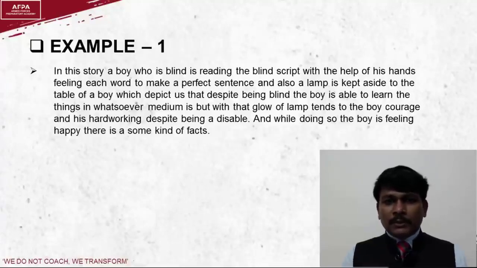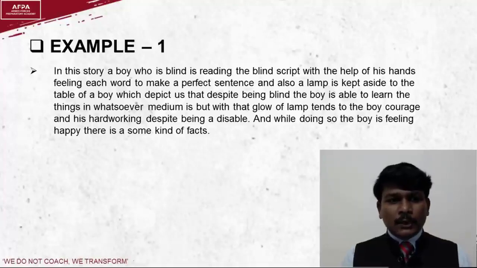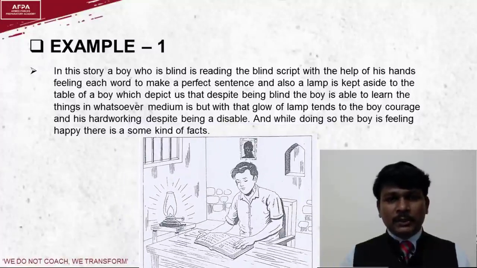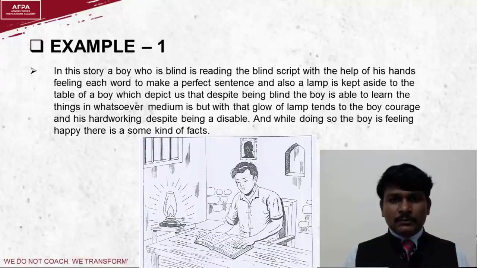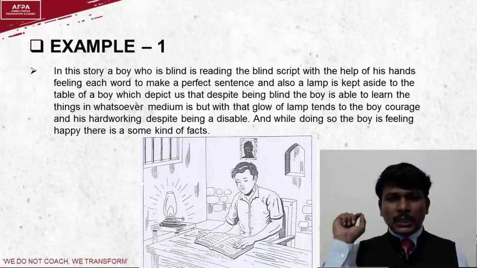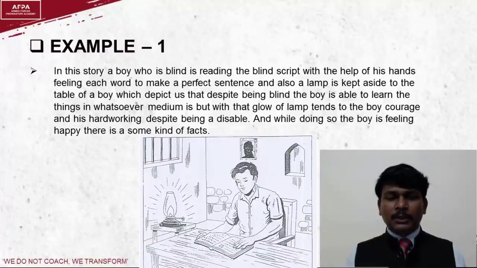Next, there are few examples which I would like to discuss with you guys. The first example, of course I will tell you the image, you might even get it on the screen also. There is a person who is sitting, and the background, it's a hut or a small house which is not in a good condition. There were many places where that entire wall has lost its charm. And there was a small place in the wall where a lamp can be kept. There was a hole, and then above that there was a small portrait,